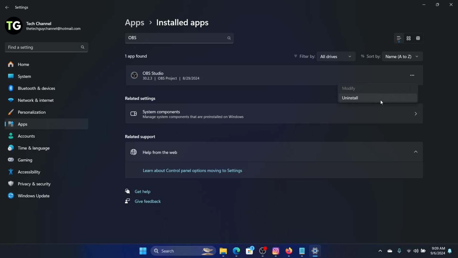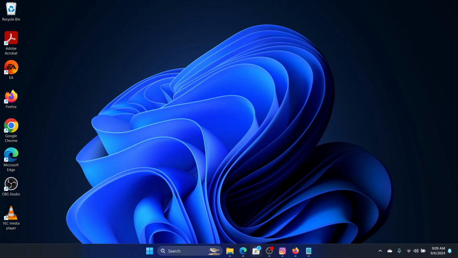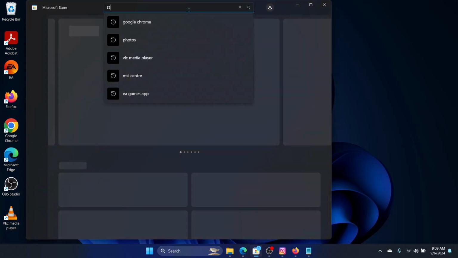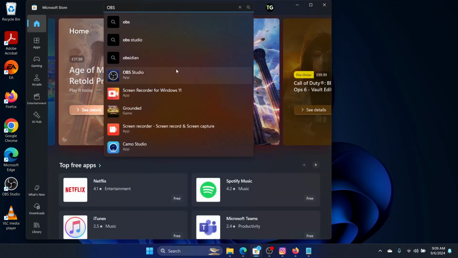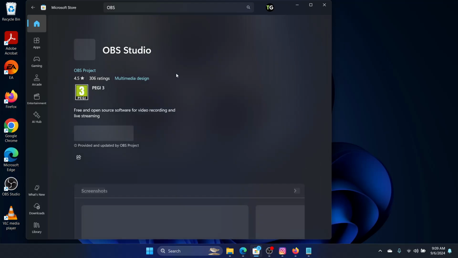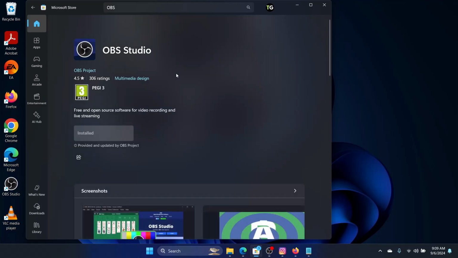So click on uninstall, uninstall again, and then we will go to Windows Store and search for OBS Studio, and we will click on get, and it should